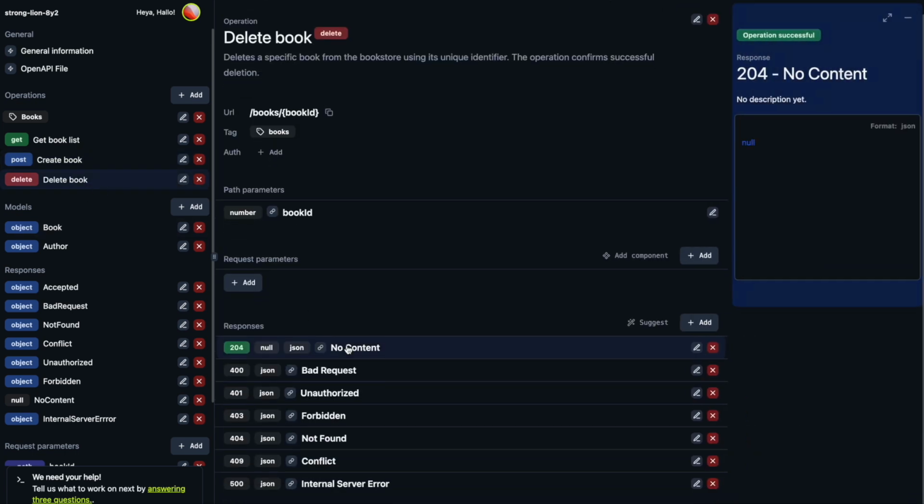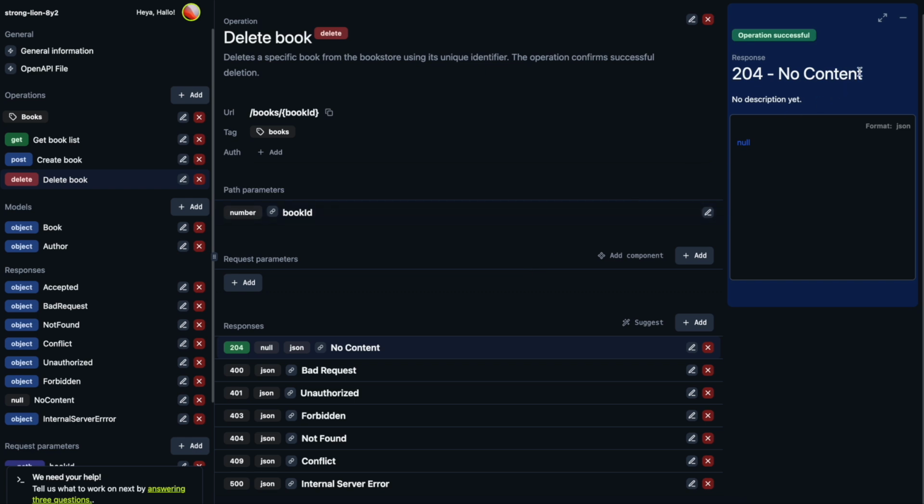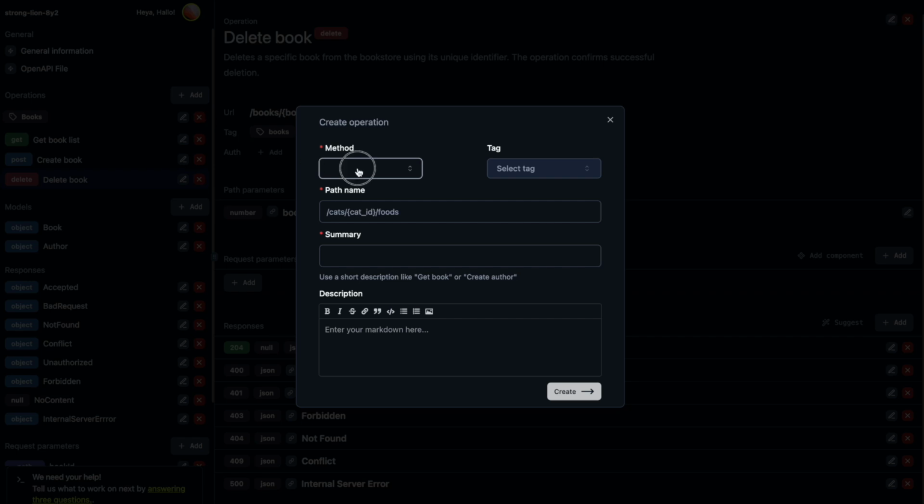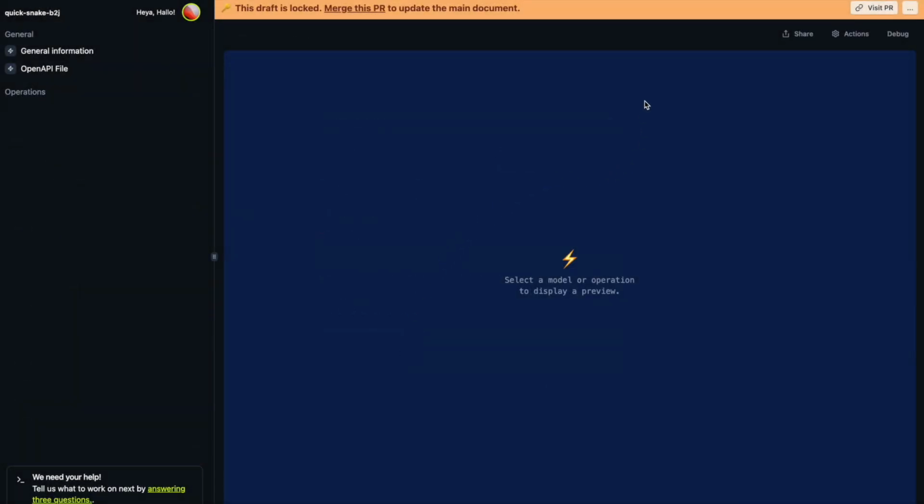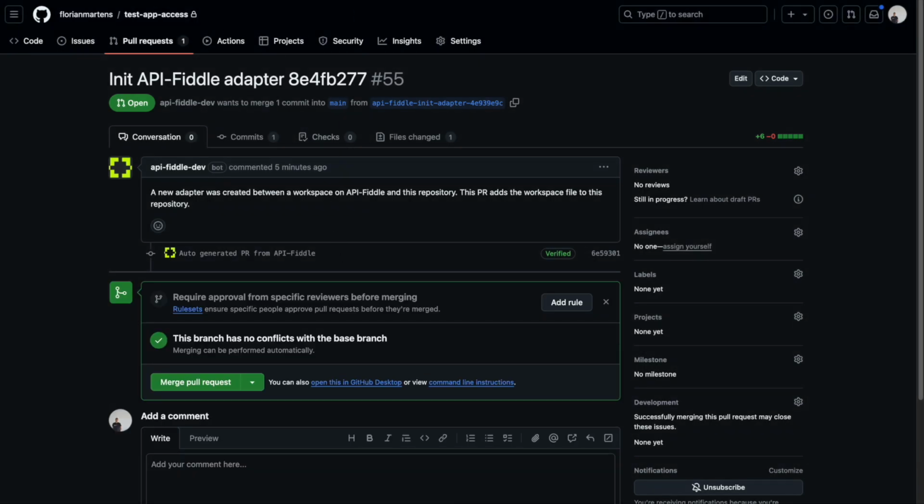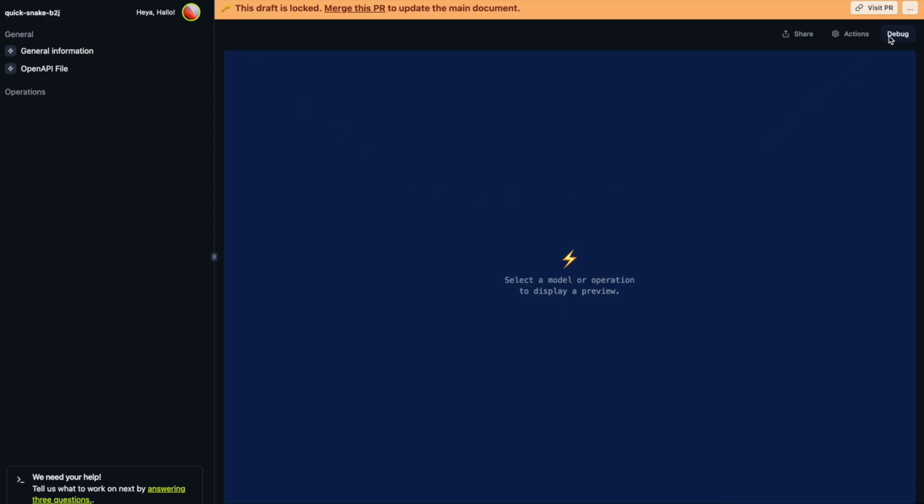It has first-class support for versioning and data transfer objects and breaks down the complexity of a classic OpenAPI file into more manageable concepts. The bigger picture behind API-Fiddle is that it wants to facilitate API-first design, so you will be able to break down your OpenAPI file and edit it in drafts and then merge these drafts back into